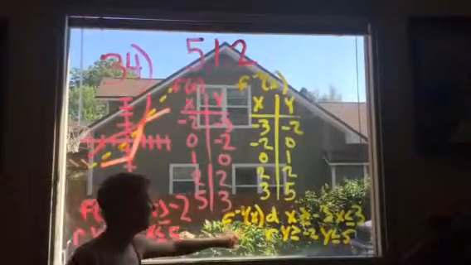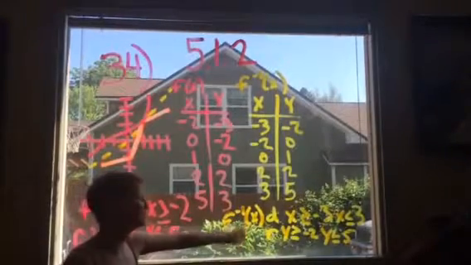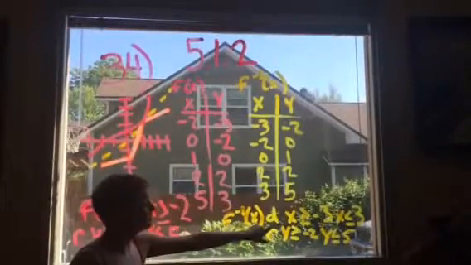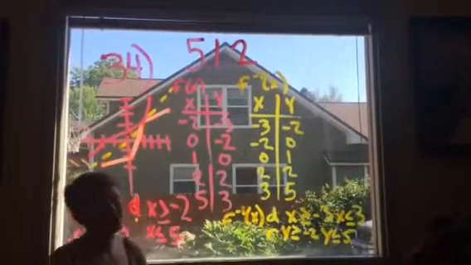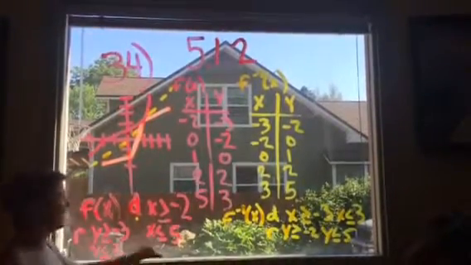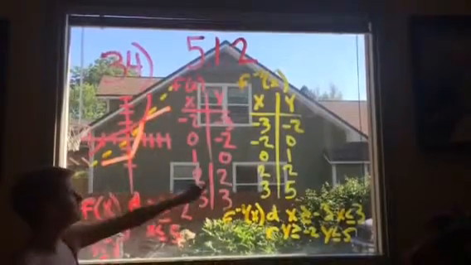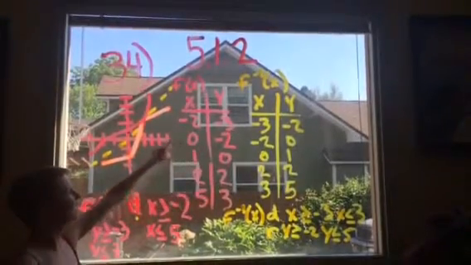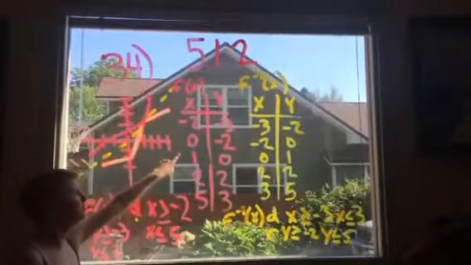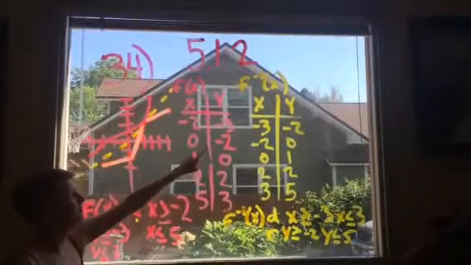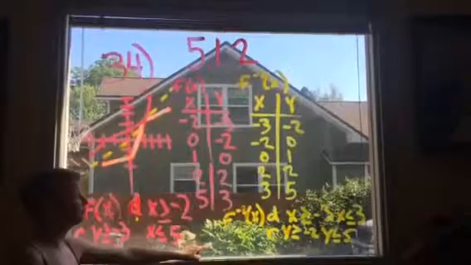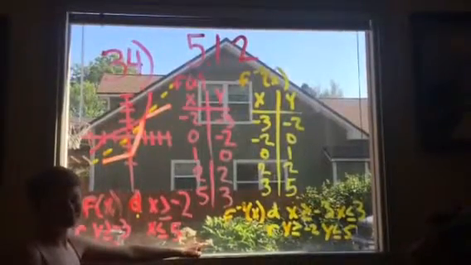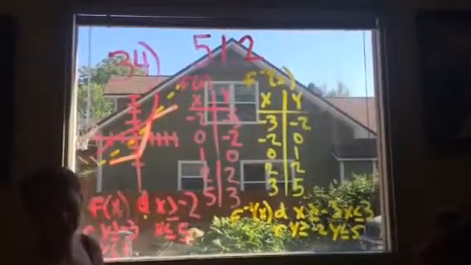And the domain for f to the negative first of x is x greater than or equal to -3 and x less than or equal to 3. And so the domain and range switch because we switched the points. Like it was -2 and -3, it now became -3 and -2, and that's why the domain and range switch when you inverse it. Okay,